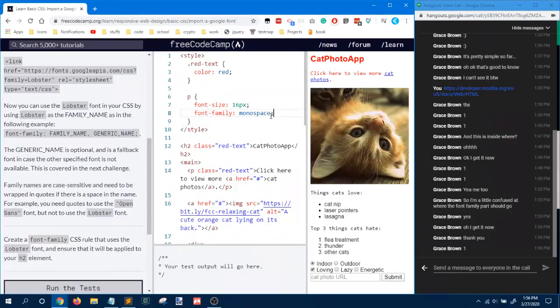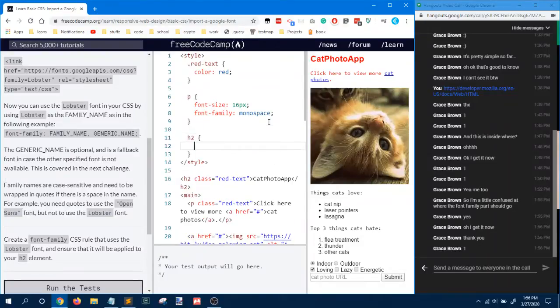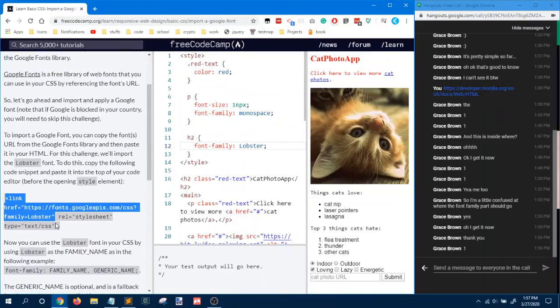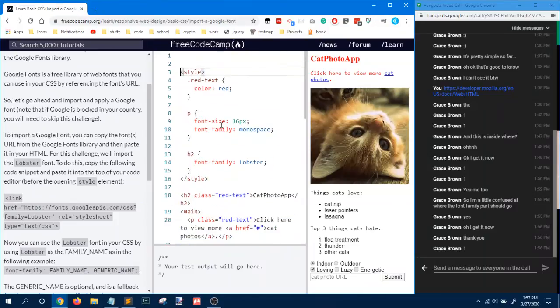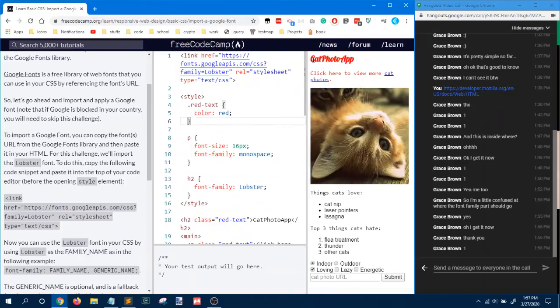All right, cool. So the answer here was to just do an H2 element, just like that, create an H2 rule set, a rule set that selects the H2 element, and then font-family, and then Lobster as the font name. I don't think they're asking you to create a fallback, so I can just do that. And then they also want you to link the font above the style right there, and there it is, Lobster. But let's say if it fails to link,